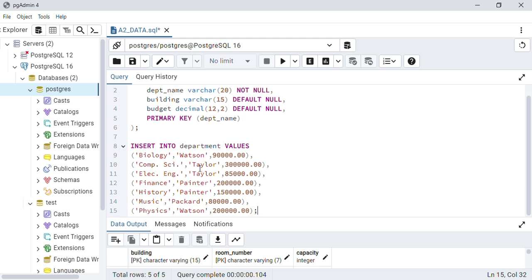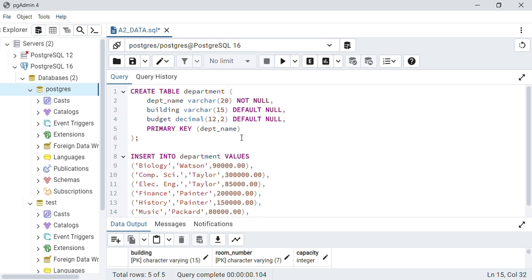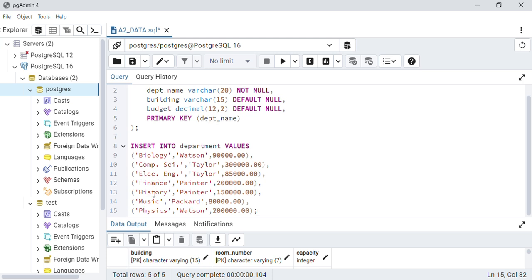So now in this one, we insert into department values, bracket. So department underscore name is unique, it is the primary key. So the first value is department underscore name, and it cannot repeat. So as you can see, biology, computing science, electrical engineering, finance, history, music, physics, all are different. And the building is Watson, Taylor, Taylor, Painter, Painter, Packard, Watson, and the budget is